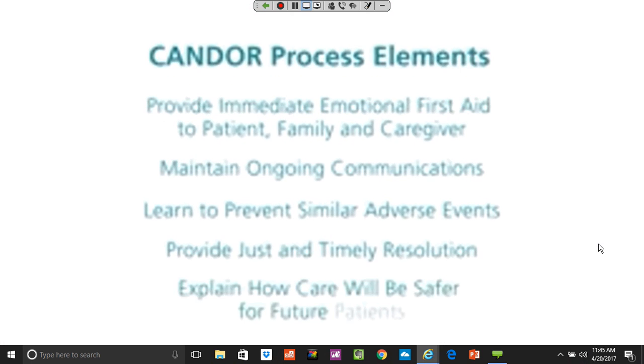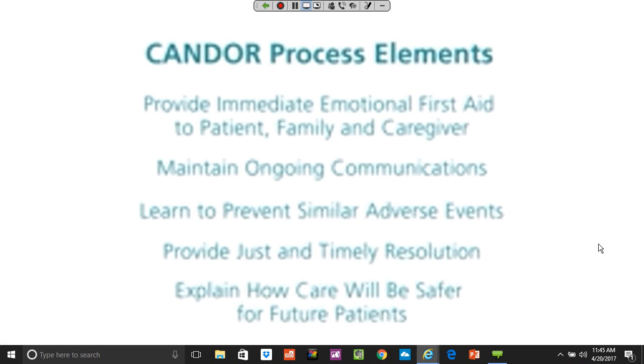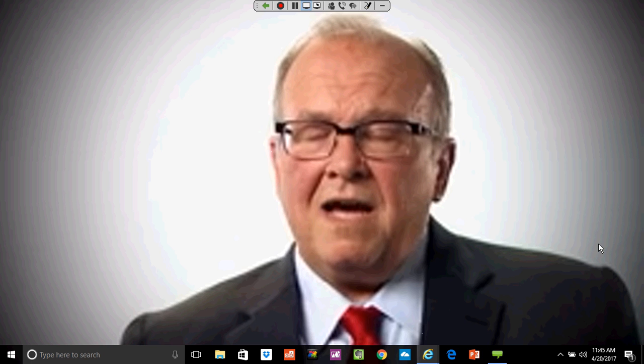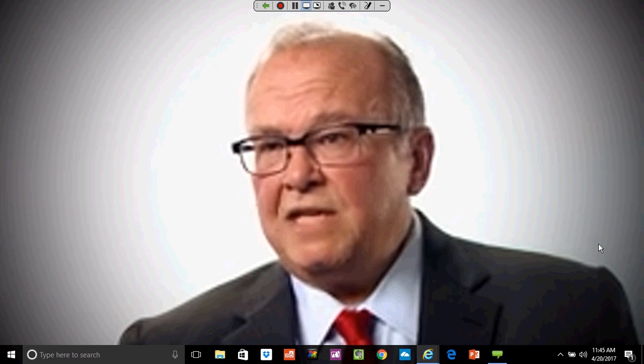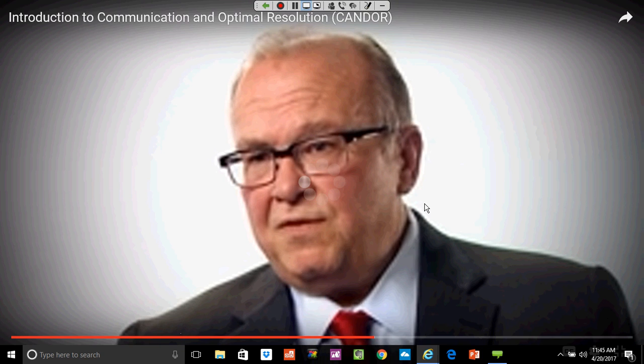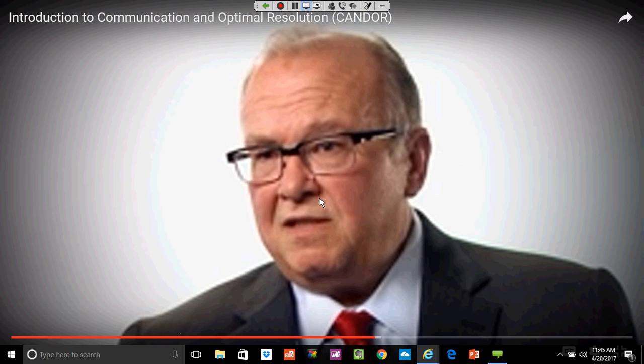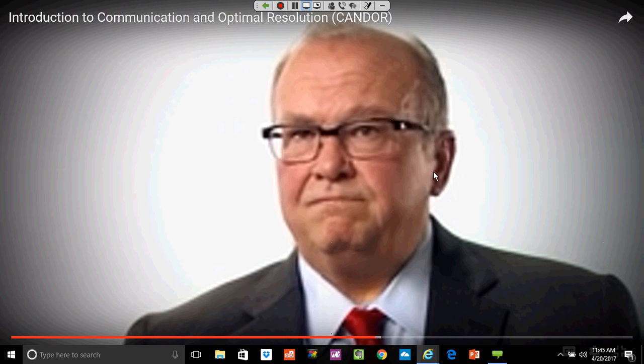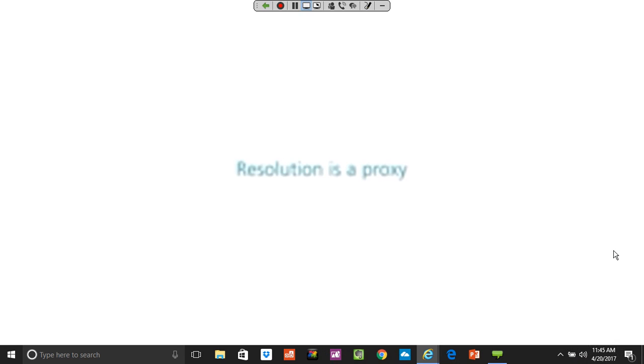The topic of resolution is integral to the entire idea of this model. Resolution is a proxy, and it's not always funny. It sometimes speaks to our